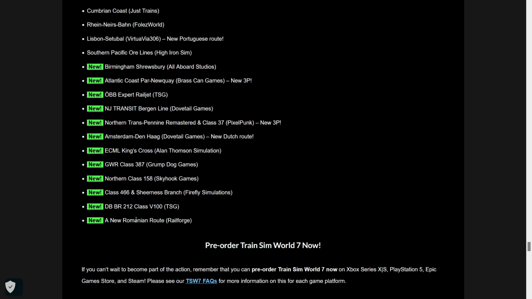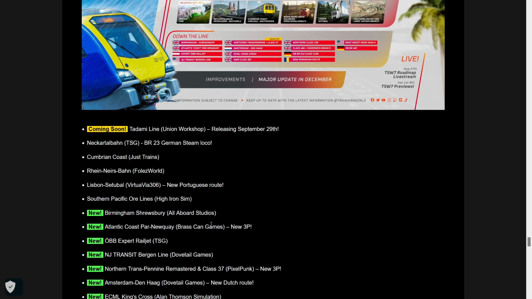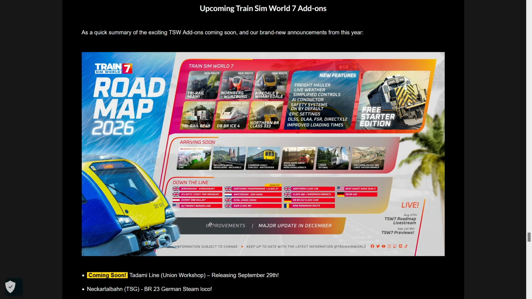And a new Romanian route. We're getting Romania. That's dang cool. And it's by another new third party called Railforge. Absolutely stacked roadmap. So yeah, I think